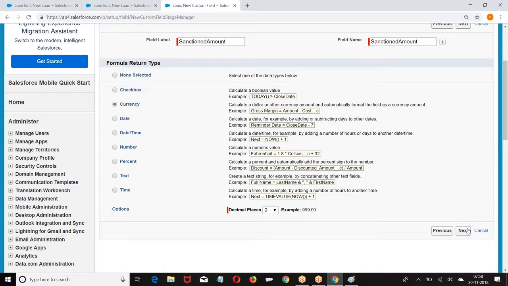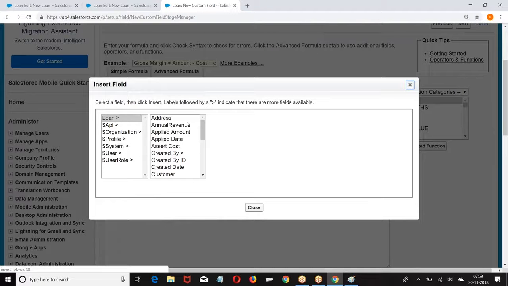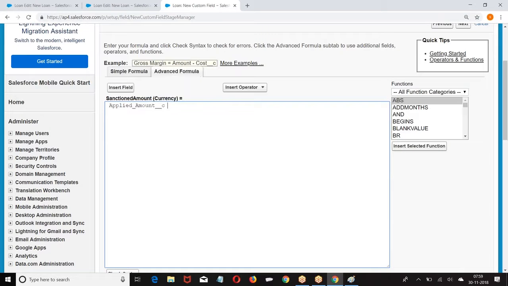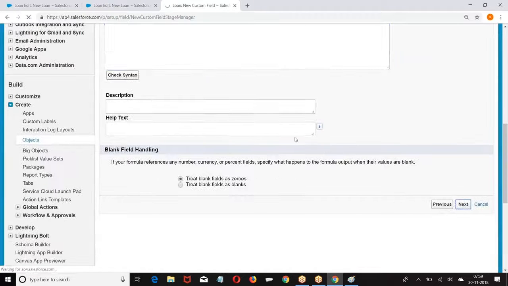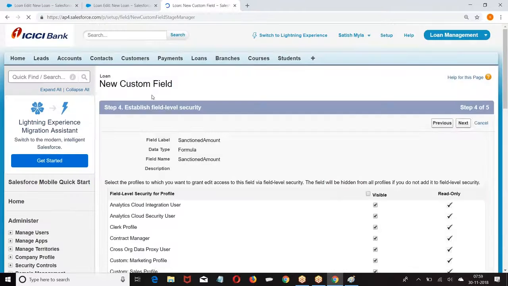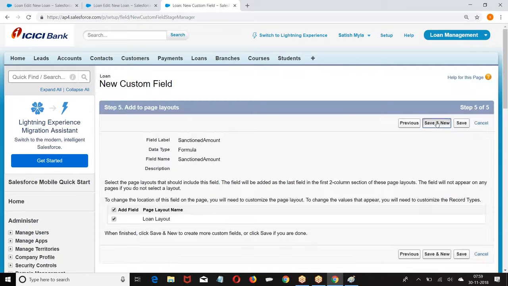Try to understand this. I'll make a use case of this workflow with a combination of how workflows, workflow field updates and record types are generally used.